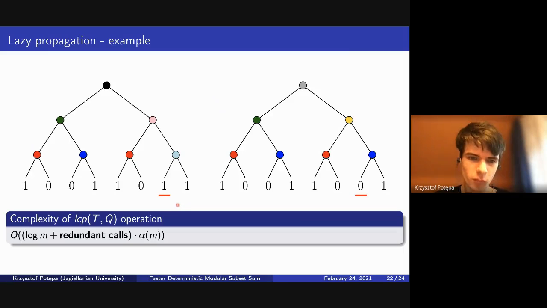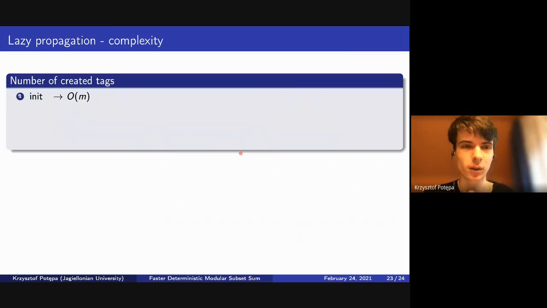So if we look at this LCP operation now, what's the complexity of it? We need log m time to descend from root to the place where there really is that difference between strings. Plus, we may have some additional calls that were unnecessary because strings were equivalent. But each time such call happens, we join two sets in find union, so this will amortize actually. We could analyze this using some potential method, but let's see quickly how it works